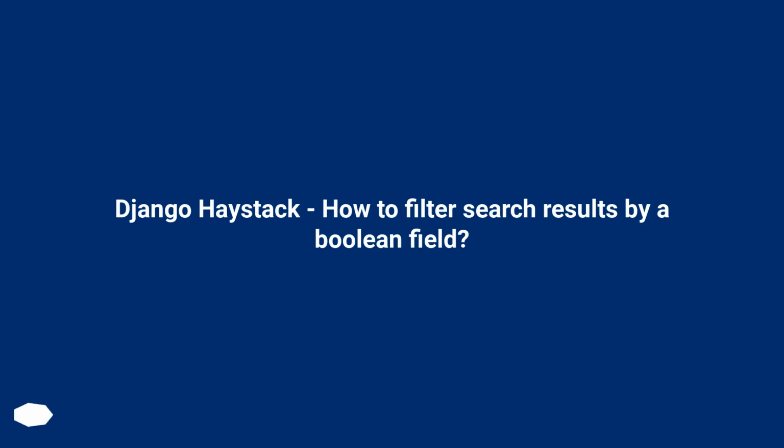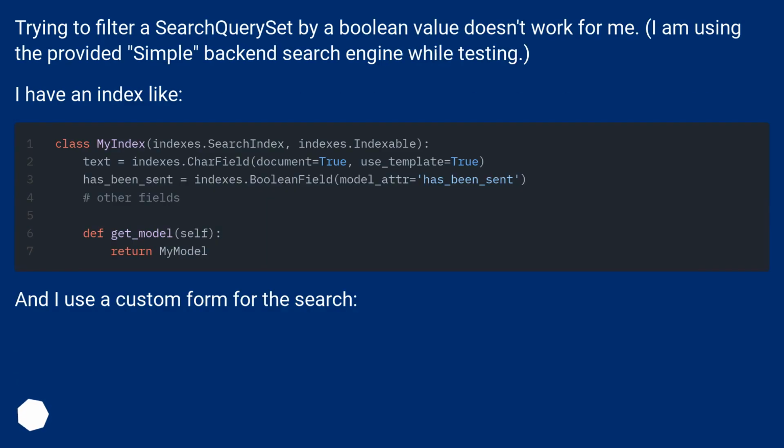Django Haystack, how to filter search results by a boolean field. Trying to filter a search query set by a boolean value doesn't work for me. I am using the provided simple backend search engine while testing. I have an index like